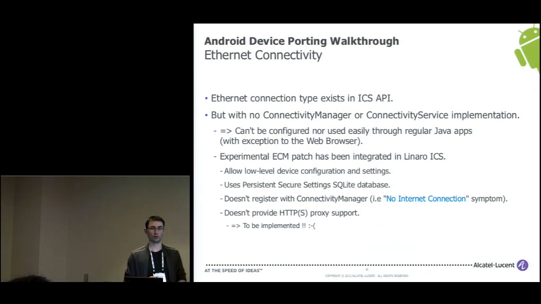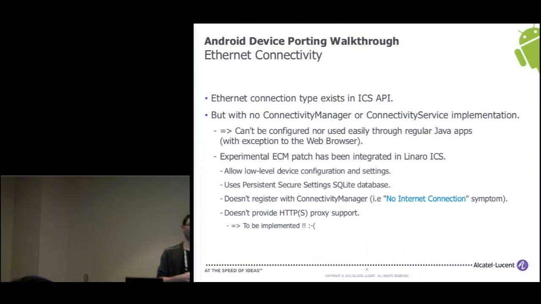So what we wanted to add in our device was Wi-Fi, but only as an access point. We do not use Wi-Fi as a client or station mode, and we do not have any other 3G GSM access. So what we want to do is access through Ethernet, which seems normal to anyone who has done any Linux development. It's just an Ethernet interface, so it's not that much of a big deal. For Android, it is.